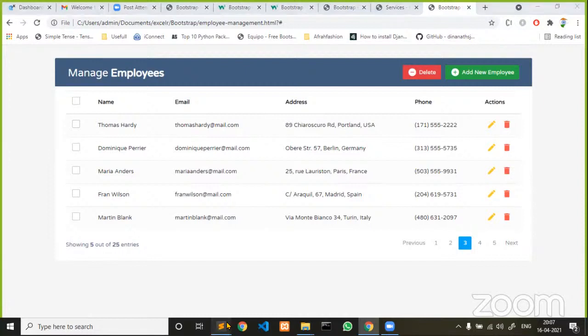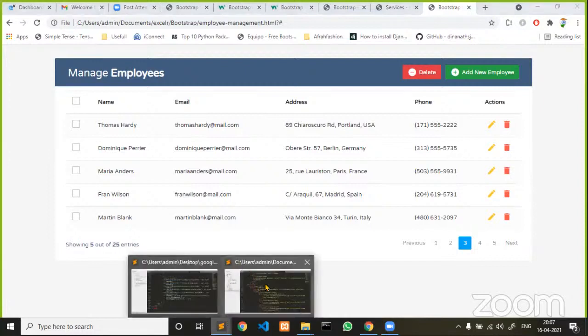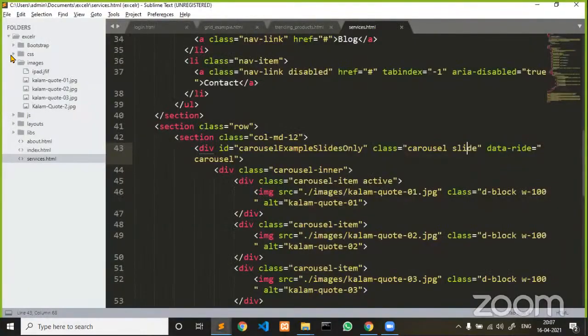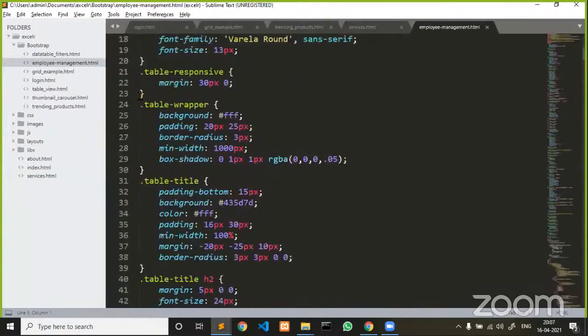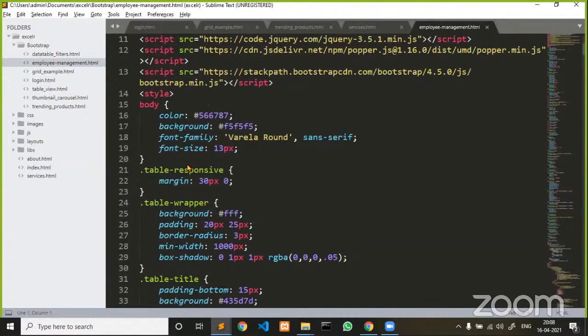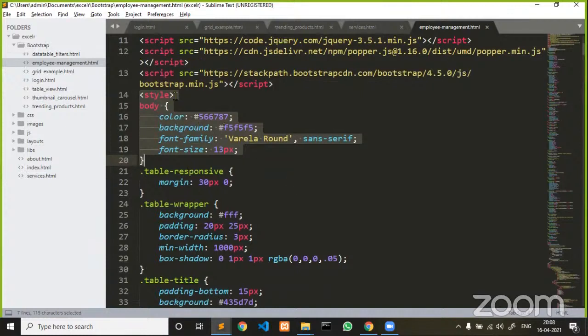Now, let me explain how I created this. Go back and check. The employee management is one of the examples. Guys, here I have created it completely by using Bootstrap. Now see here, the few CSS that I have written. As I already discussed, even when you are working, Bootstrap allows a developer to complete 80% of the code, but 20% customization is always required. Same story. The dependencies, all the library files I have already loaded.